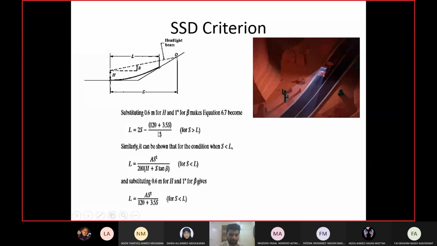Okay, but the numerator of this is the same as the denominator of this one. So you have the simplified equation for each of them. Now, why are we dealing with H and beta here? Because when you are driving on a sag curve,